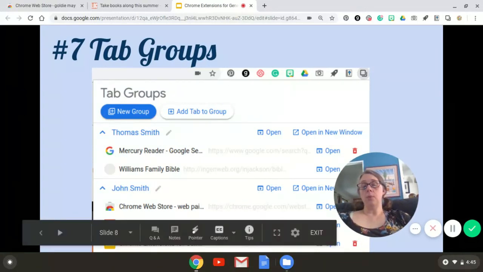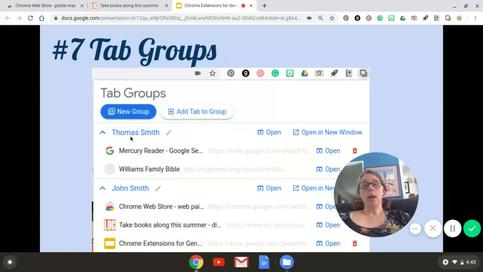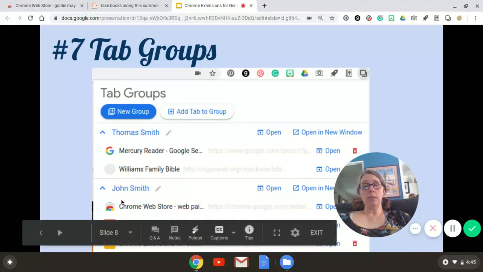So let's just say I was researching John Smith for a while, and then I came across some information related to Thomas Smith. Now, I don't want to lose track of John Smith, but I also don't want to lose track of what a new search